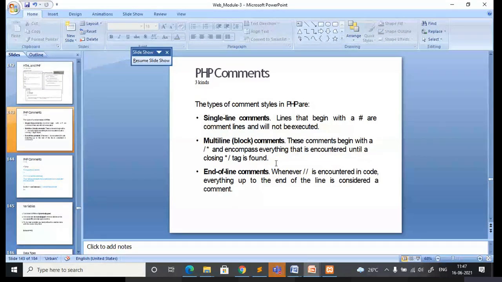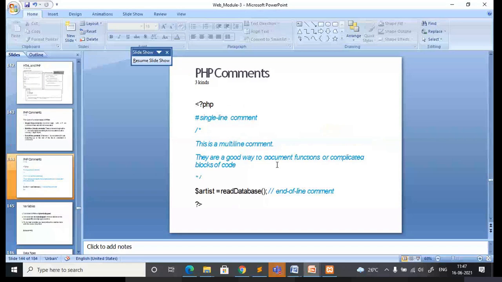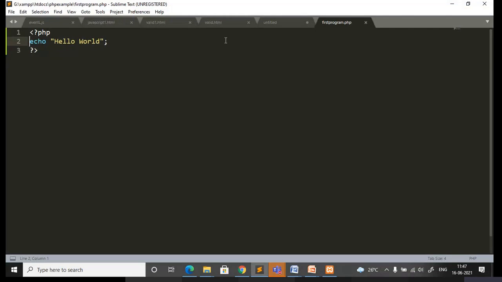And this is the comment line, how you can go for a comment, either single line or multiple lines. For a single line comment, you have to use hash in PHP. Commenting is also very important in your documentation when you are writing a program. So commenting